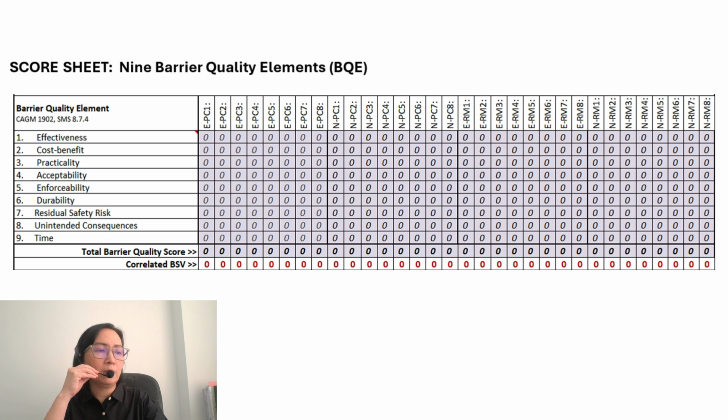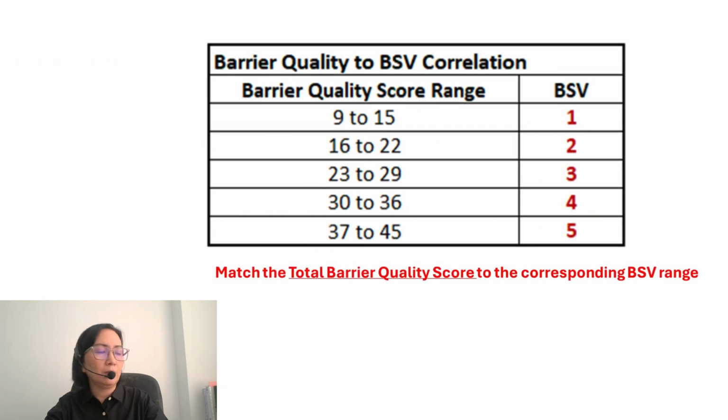This total score is the total barrier quality score. Next, use the correlation table here, barrier quality to BSV correlation. Match the total score to the corresponding BSV score range. The BSV (barrier strength value) range, example 9 to 15 equals BSV 1, 16 to 22 equals BSV 2, etc.,